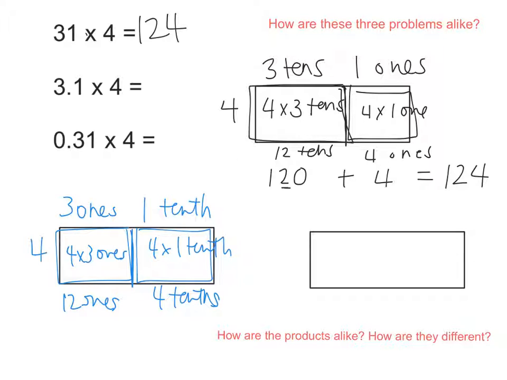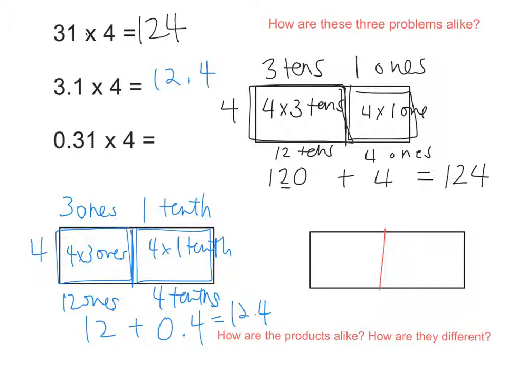I know that the standard form of 12 ones is 12, and then the standard form of 4 tenths is 0.4, and I can add that. I know that that equals 12.4. So I know that 3.1 times 4 is 12.4. Okay, good. Now moving along to my third problem, I don't have any 10s, I don't have any 1s, but